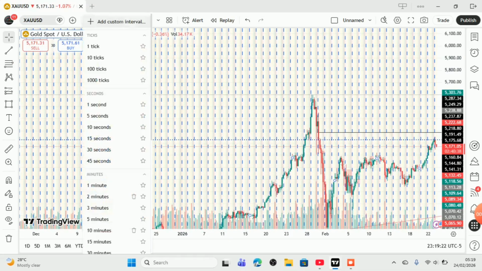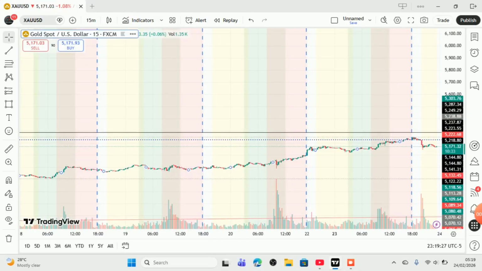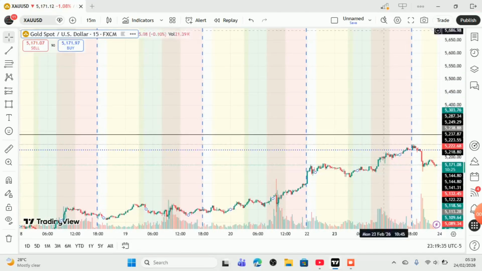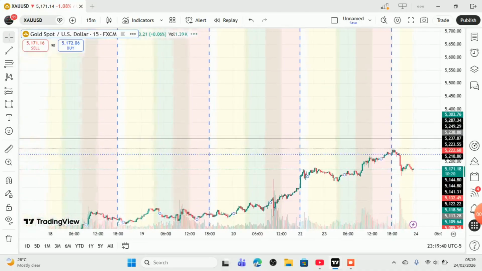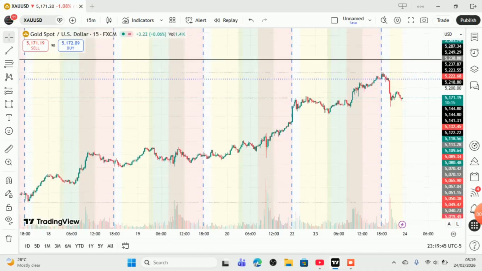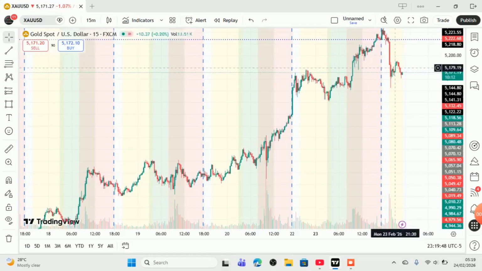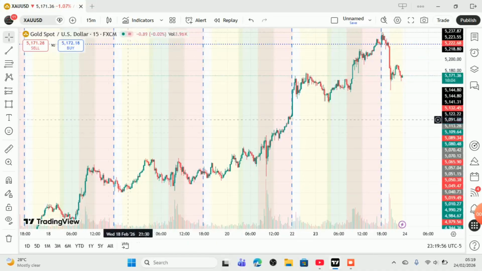For example, let's go to the 15 minutes time frame. That is where we are going to be seeing it clearer, because in the higher time frame we are just looking for the trend identification. That is the area where the market is heading to. So in this 15 minutes time frame, you all will see that the market is creating something while moving up. The market is not just moving straight. You can't see that anywhere. So whenever the market is moving,